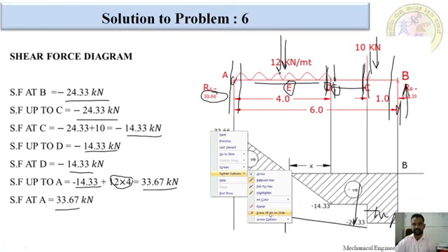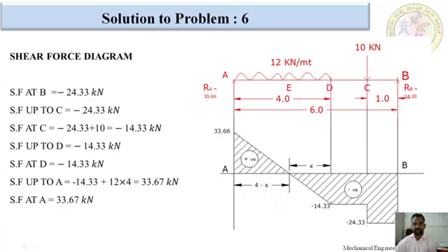This is the SFD. For the SFD, we have to draw one horizontal line as a baseline. Below this is negative value, above this is positive value. You come to know many times, right? First one is negative 24. Negative means we have to mark it negative. This is the zero line, and we have to draw it with a vertical line.